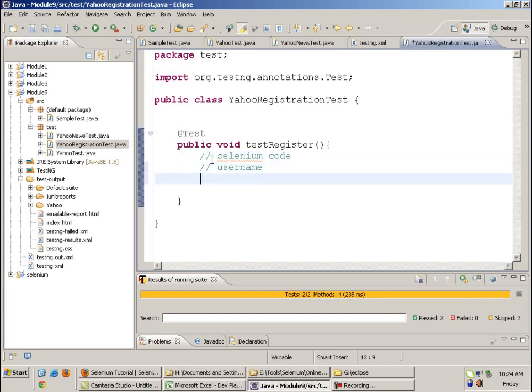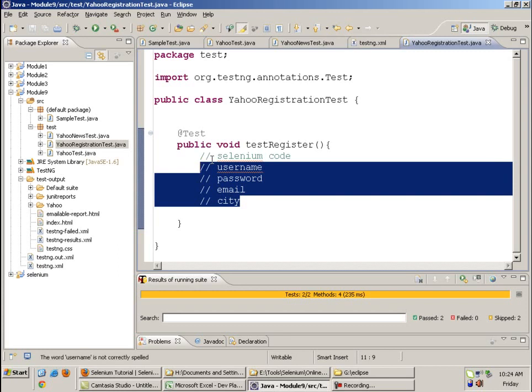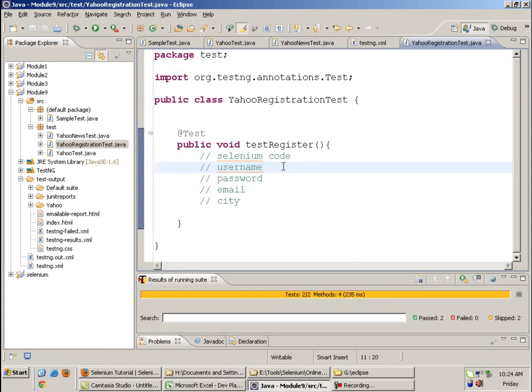It will require, suppose, username. It will require his desired password. It will require his existing email ID, then the city in which he lives in. Suppose these are the 4 parameters. I can hardcode the username, password, email and city in this test method and execute it. But in that case it will just be executed once. I need to execute it 4 to 5 times with different sets of data. That means when the test annotation function is called, when this test is executed, I want to execute this test different times with different data,